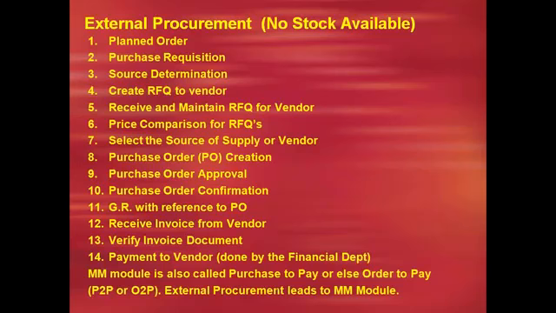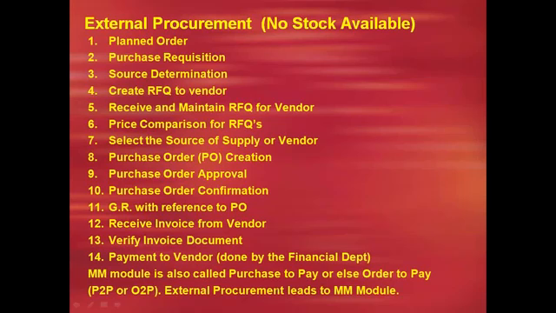A relationship between the buyer and the supplier is called PO, that is purchase order. So purchase order is a legal document between a buyer and supplier. Purchase order creation takes place, and if it has to go for approval, it will be approved by your manager, senior manager, whoever it may be, depending upon the organization hierarchy. Then purchase order confirmation takes place, follow-up of the vendors, and finally when we receive the material from the supplier, GR is created. GR stands for goods received with reference to purchase order.